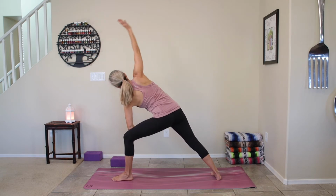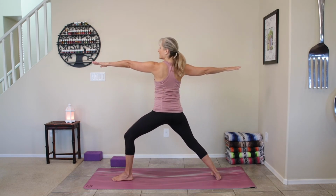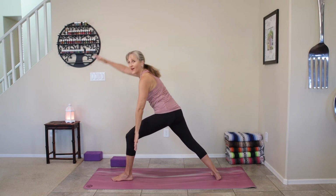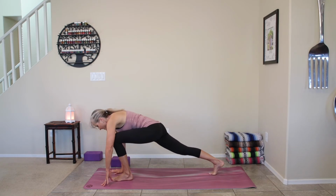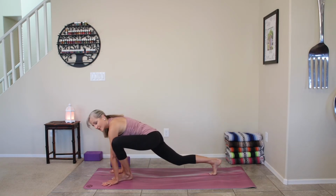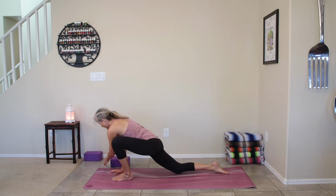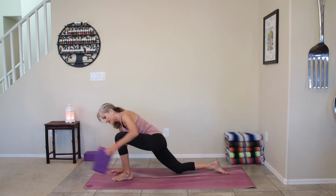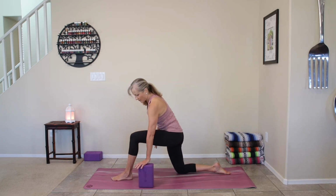And then we're going to windmill that right arm back up. Find your warrior two. Open it up. Now that back arm is going to windmill all the way to the floor. Excellent. And you're going to lower that right knee to the floor and untuck the toe. And this is where you'll get your block and move it to the left side. And slowly come up